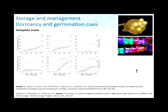We've been looking at how we store and manage these seeds. So as I mentioned before, a large majority of seagrass species have a hard seed coat with a